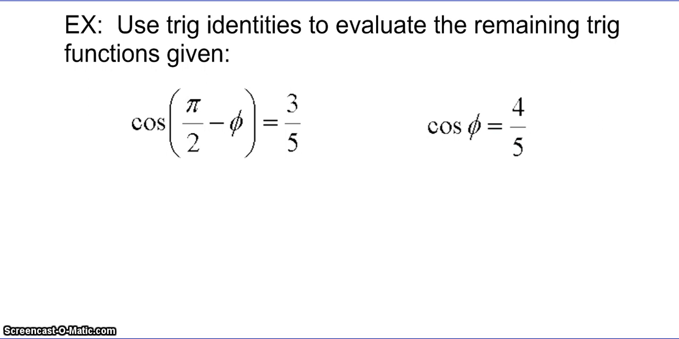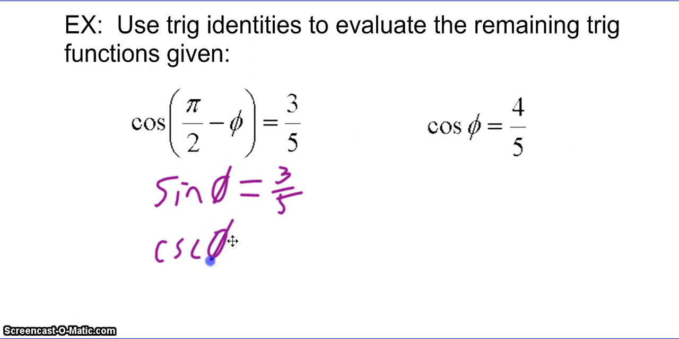So if I want to find the values of the other trig functions, well, right here I know I have cosine of pi halves minus theta equals 3/5. Therefore, that's my cofunction identity, so I know sine of theta equals 3/5. So it's using the identities. Now, if I know sine, then I know cosecant is 5/3. If I know cosine, I know secant